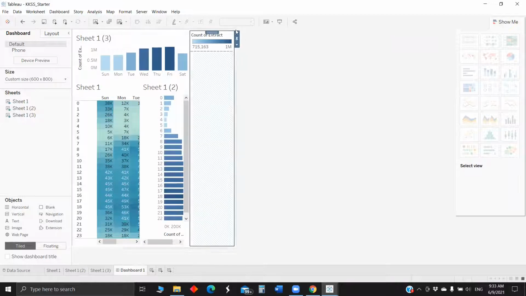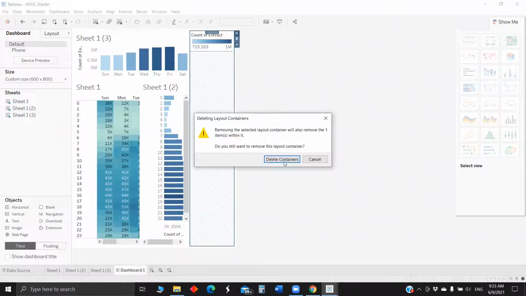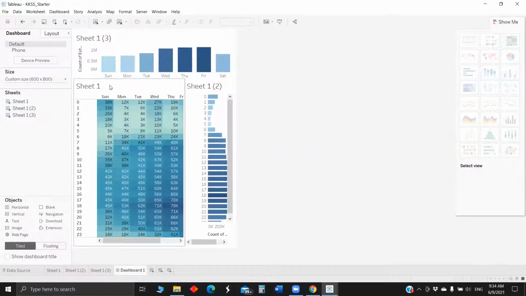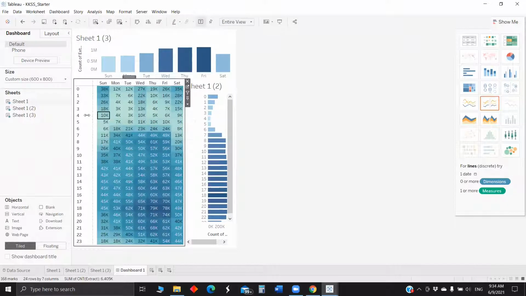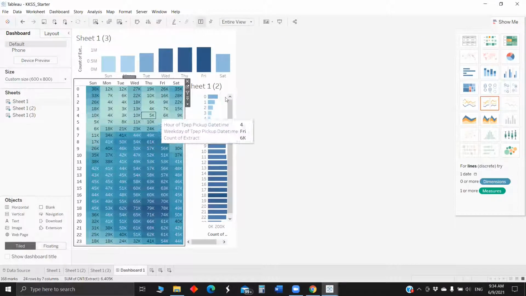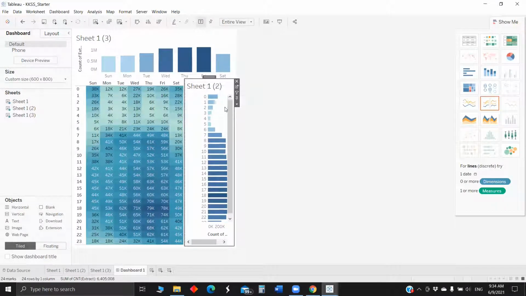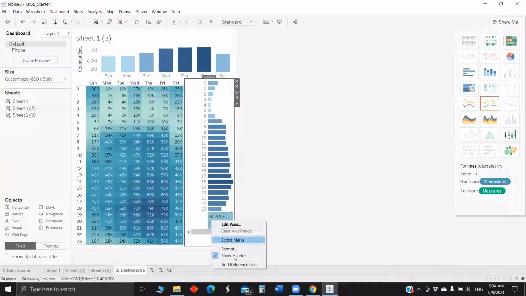Write the titles. Again, title. We'll format the axis as well.